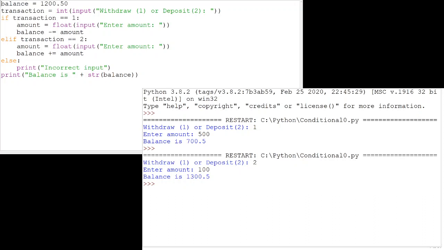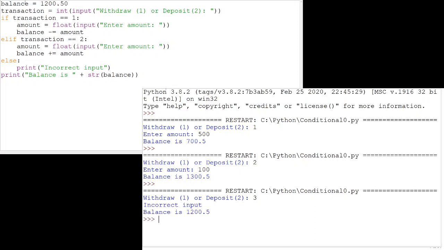Let's run it a third time. And let's just say I type in an incorrect input. The balance stays the same, and it does output that the user's input was incorrect. Now, obviously,